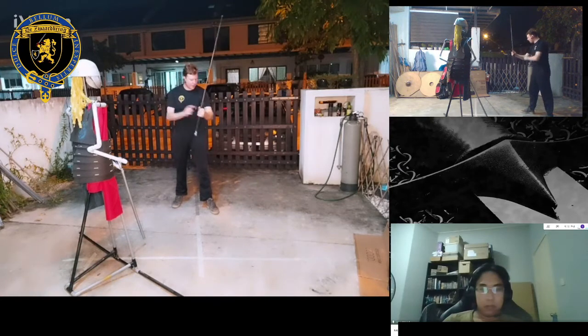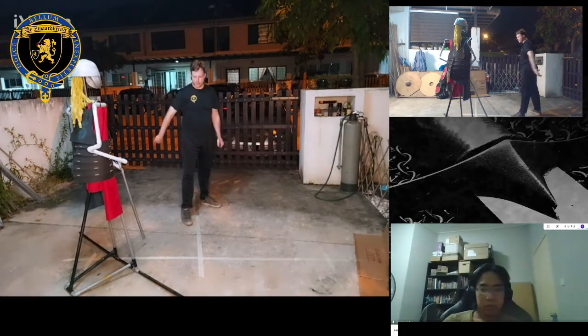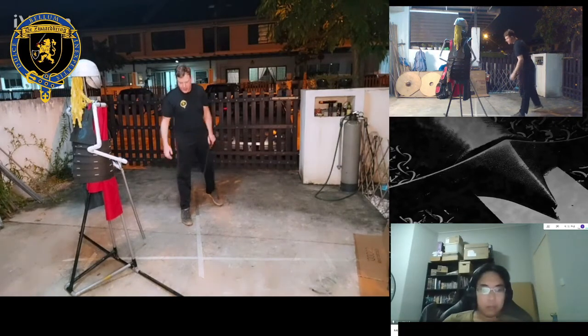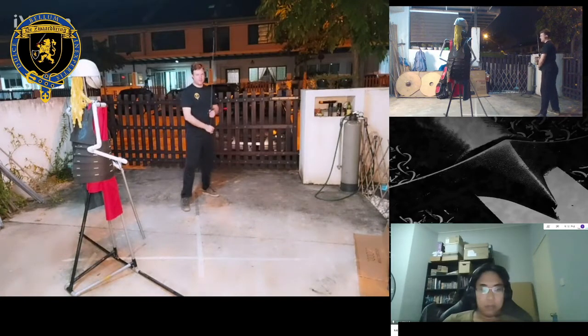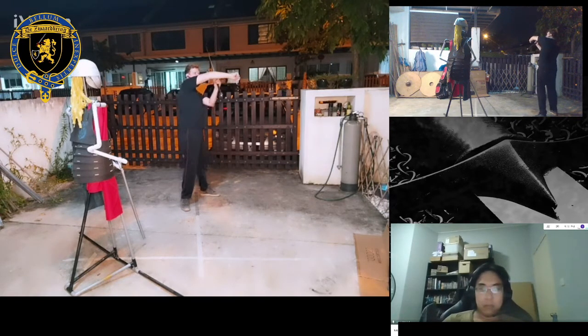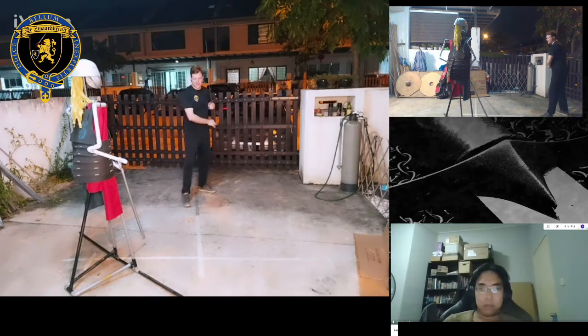Few things about the arm position. Do not overstretch your arm. Do not lock up your arm. We've talked about this in the first lesson, but you basically never want to lock up your arm. What we mean by that is, don't stretch it up to the point where your arm is completely straight. You always want to keep a little bit of a bend in your wrist, in your elbow, so that you can maintain strength in that place. Because as soon as you lock your arm, you lose basically all strength.